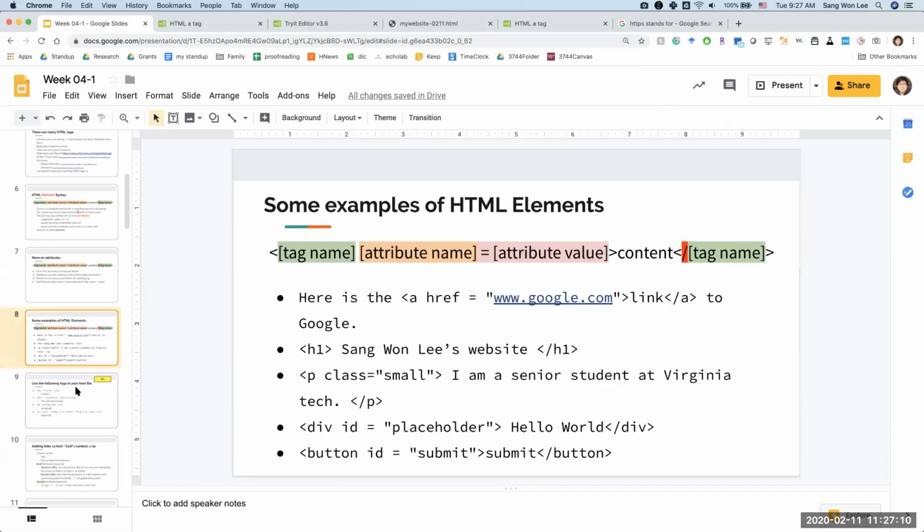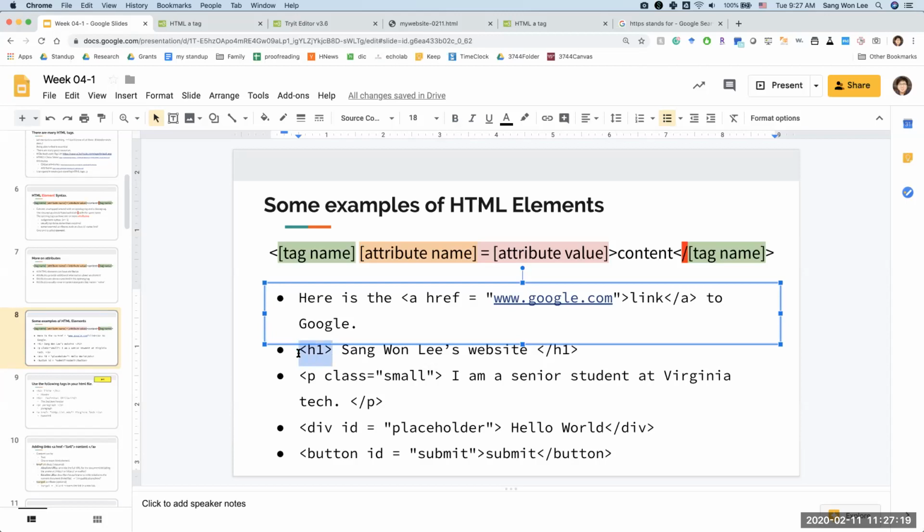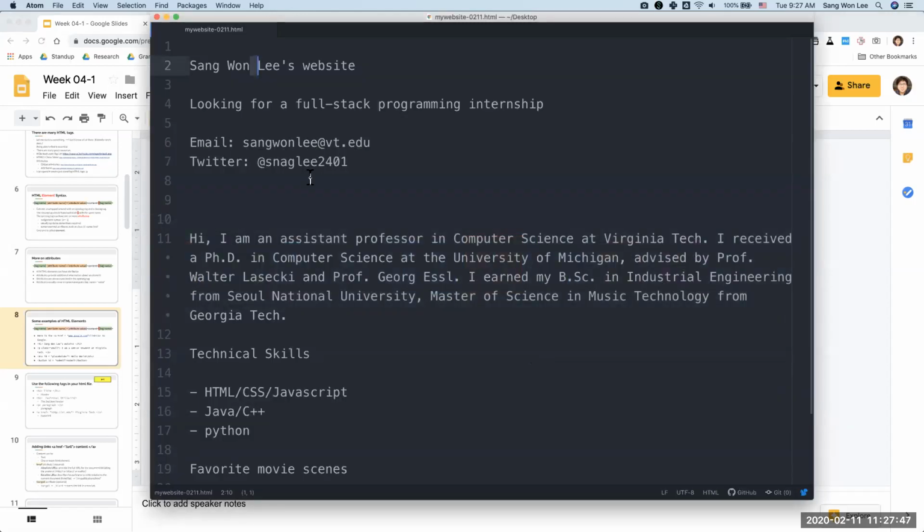So let's go back and use some of the HTML elements that we have here. H1 was header, P was paragraph, and div, we're going to look at it later, but div is like a generic block element. It's just going to put a line break at the end, but basically it's like one unit of content, and we can add a button and so forth. So let's go back to our content